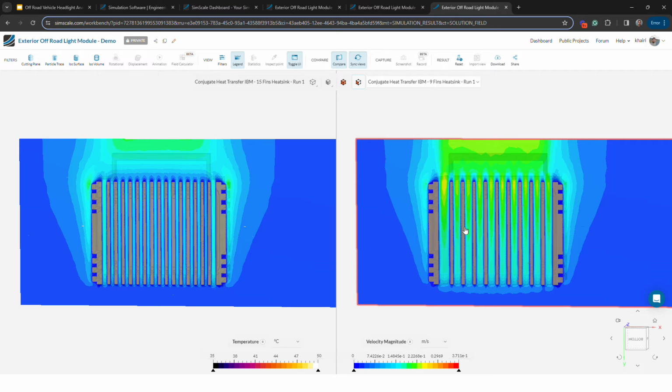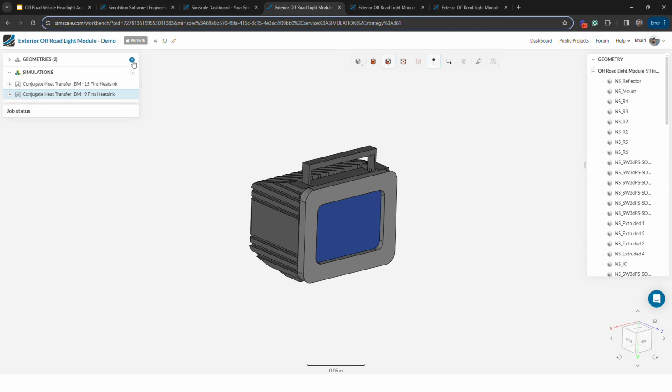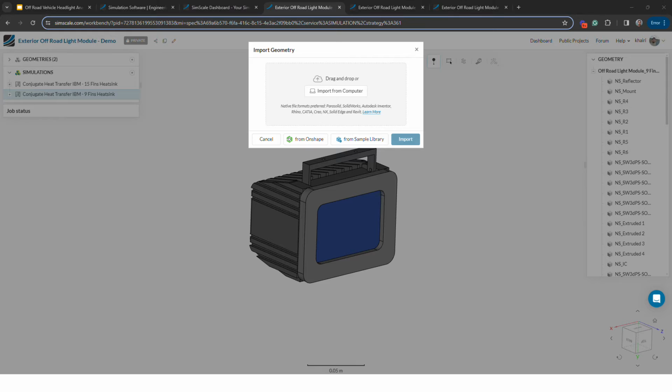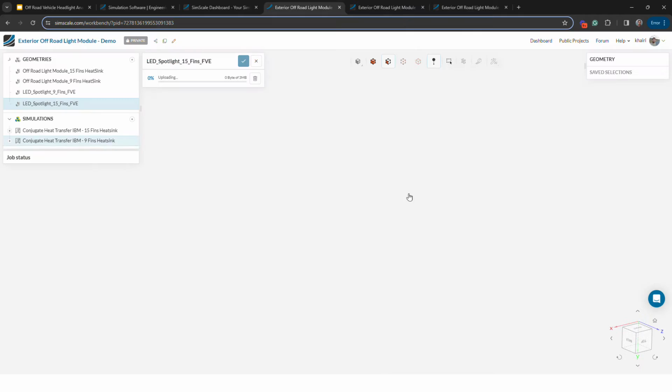Cool, nice. Now we took a look a little bit at the results. We have an understanding about this particular design, but now let's see how we can actually set up such a simulation inside SimScale. For this, I would navigate back to the main project screen. I'll go ahead and import my geometries. Now, SimScale works with almost all major CAD tool providers, so whether you're using SolidWorks, Inventor, Rhino, CATIA, Creo, etc.